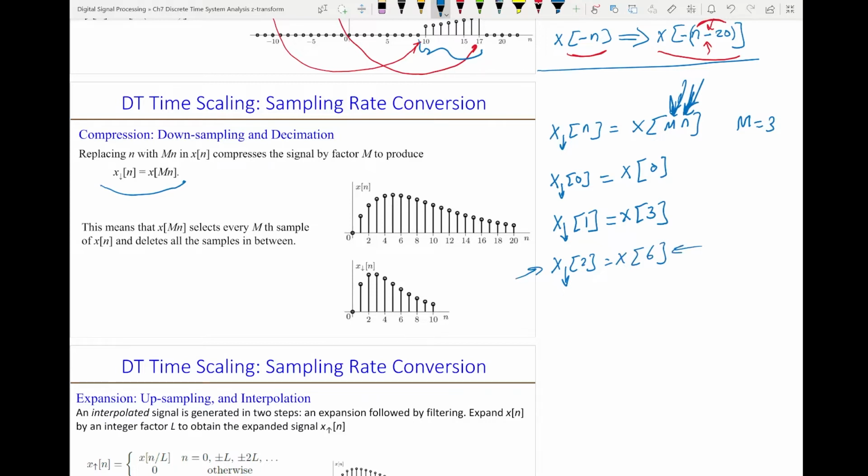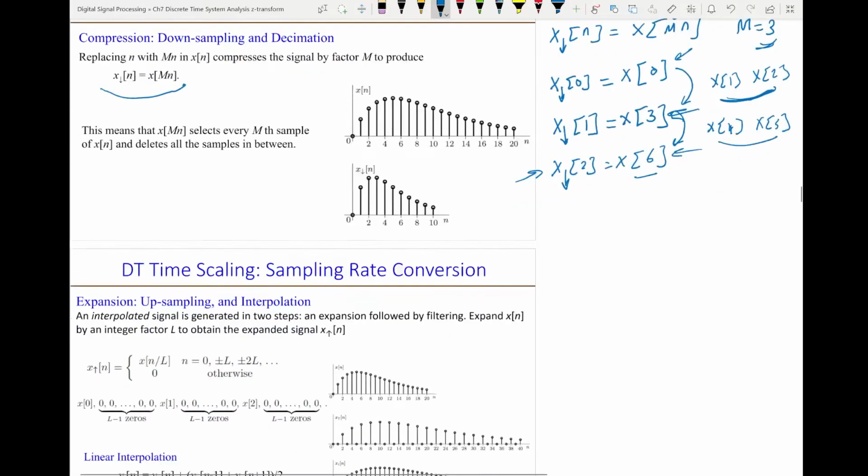So if you notice from here to here, I am missing x1 and x2. So I kept one sample and I ignored 2 samples, which is m minus 1, 3 minus 1 is 2. So that's the 2 samples I ignored. From here to here, I'm missing x4 and x5. So I kept x3 and I ignored the next 2 samples. So I got to x6. Okay, so the next one is